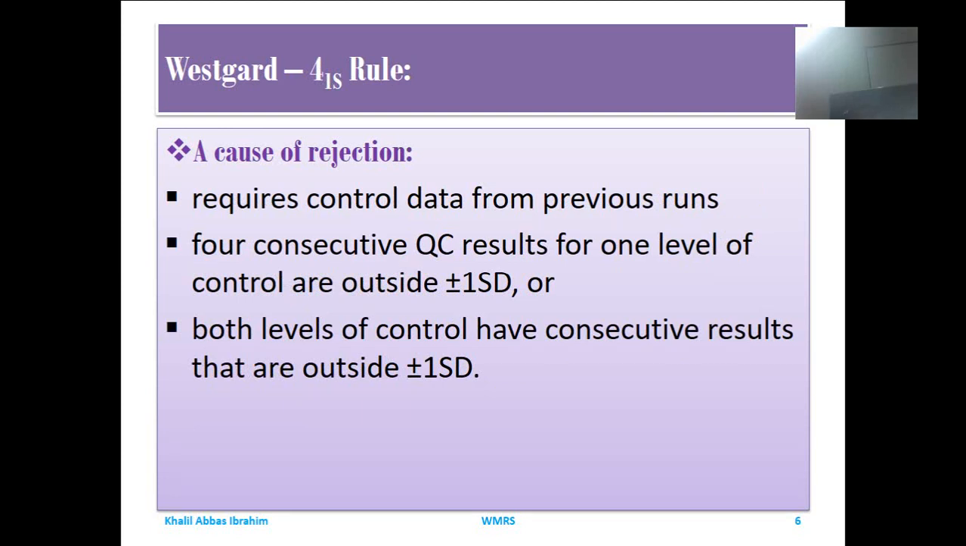Westgard rule 4-1s is also a cause of rejection. It requires control data from previous runs. You need to go back and review the control data previously examined. And it indicates that four consecutive